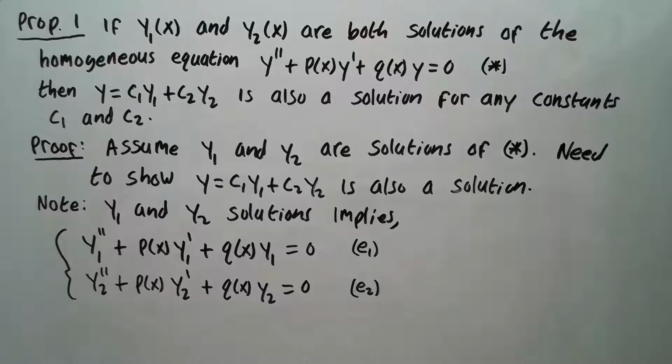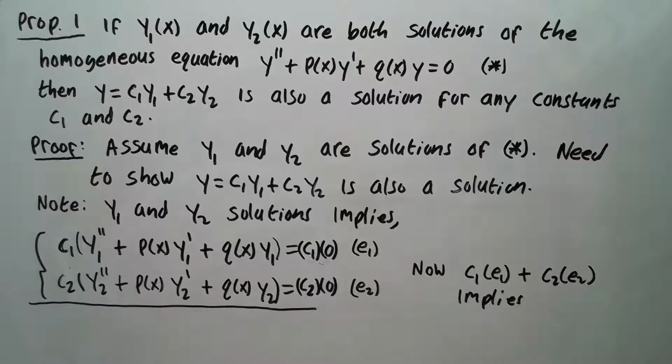Okay, now I want to show that y equal to c1 y1 plus c2 y2 is also a solution. So let's take equation 1 and multiply it by c1, and take equation 2 multiplied by c2, and add them together. So doing this calculation, multiplying equation 1 by c1, I did it up here on both sides, and multiplying equation 2 by c2, I've done it here and here. So now we're going to add this column, this column, this column, and this column. So doing that, we get then,